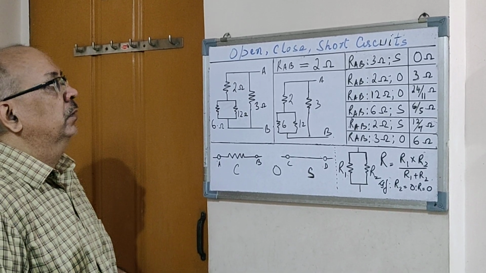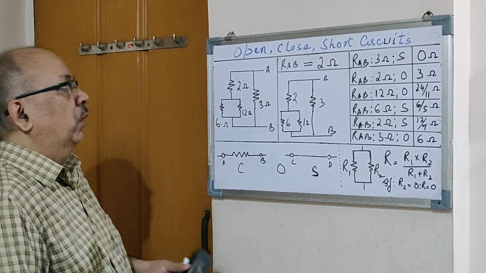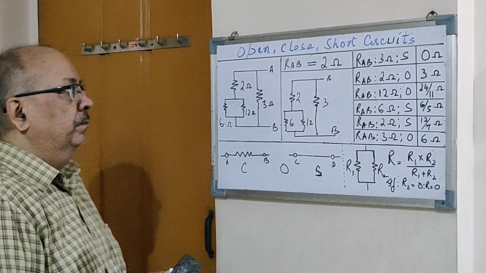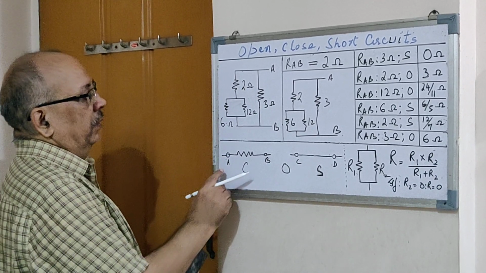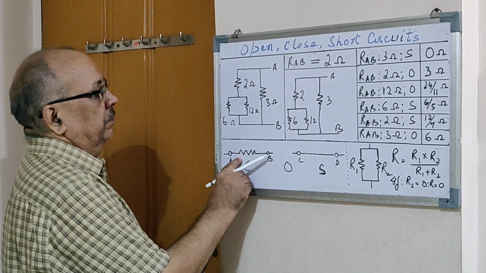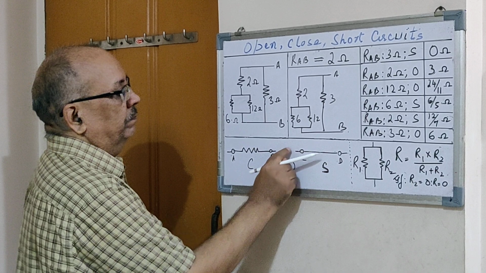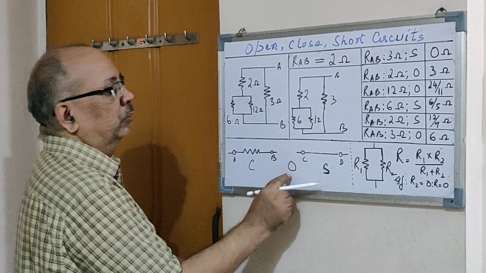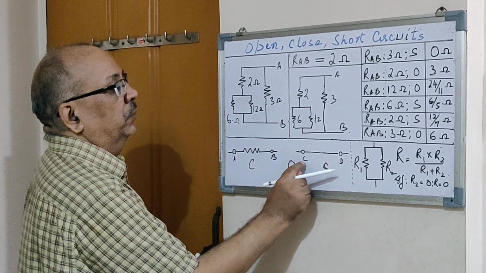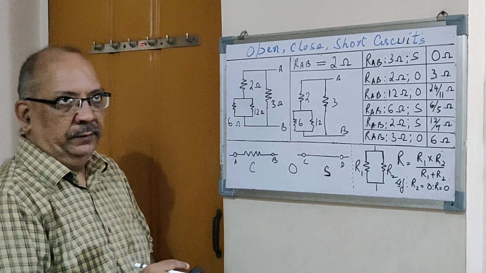Dear students, today we will discuss different types of circuits. Circuits are broadly classified as open, closed and short circuits. With the diagram we can see that between A and B there is a resistor, so it is called a closed circuit. Between B and C there is an absence of resistance, so it is called open, also having a resistance of infinity. Between C and D resistance is 0, also called a short circuit.